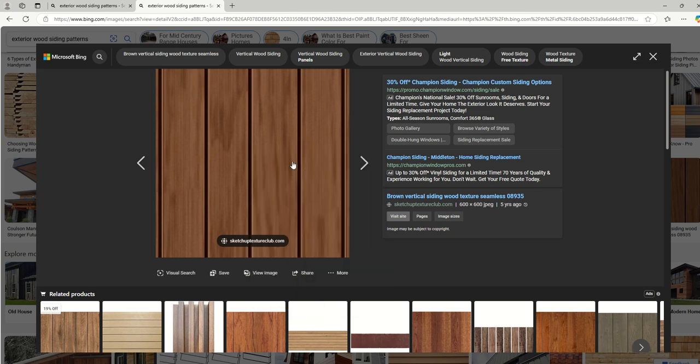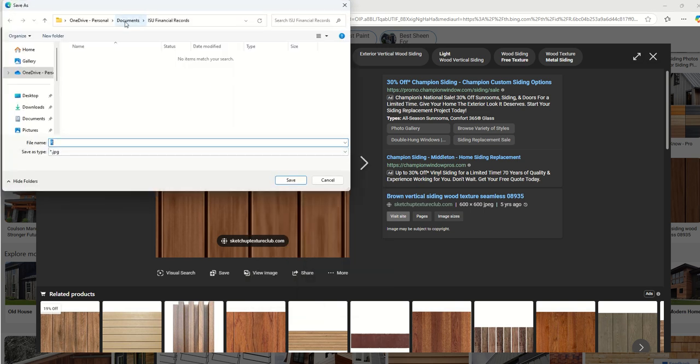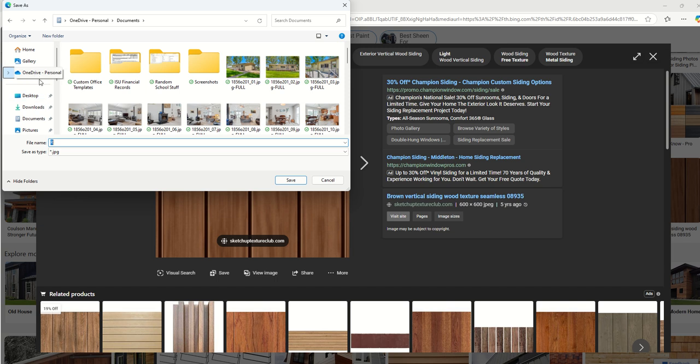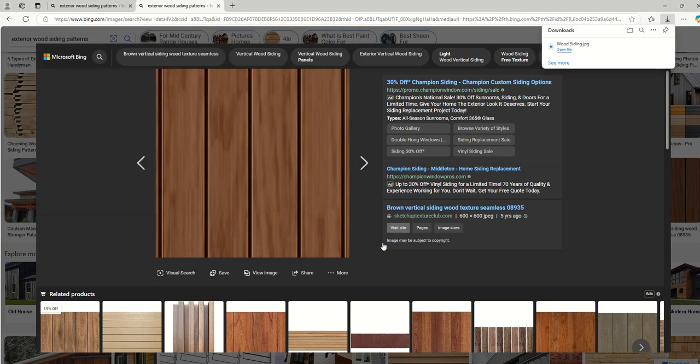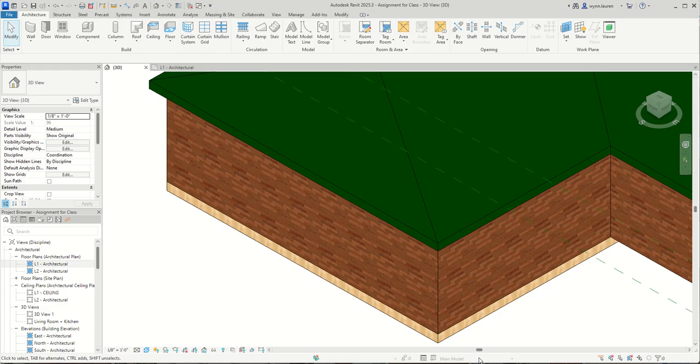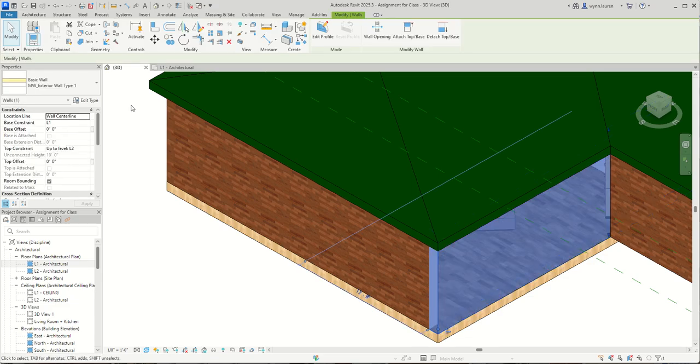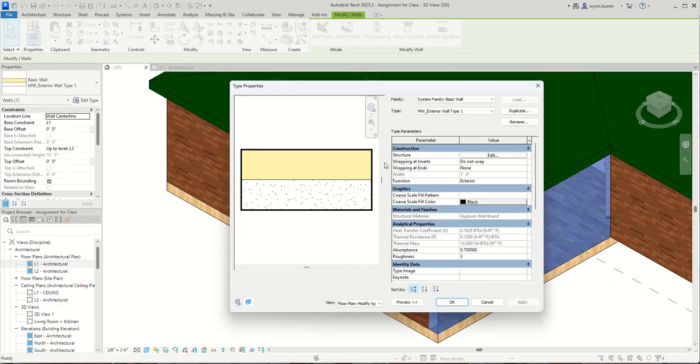you can save this image. I'll save it to my desktop as wood siding. All right, and then in Revit, you're going to go back into the edit the type of